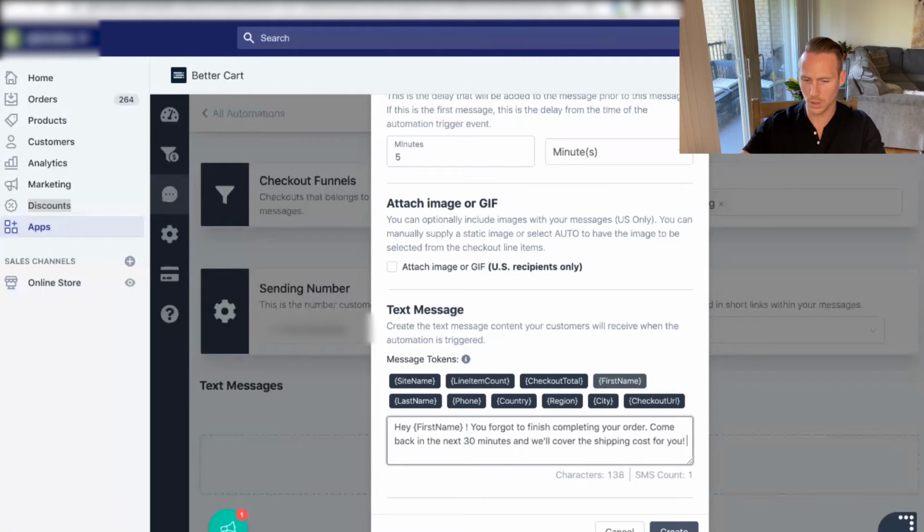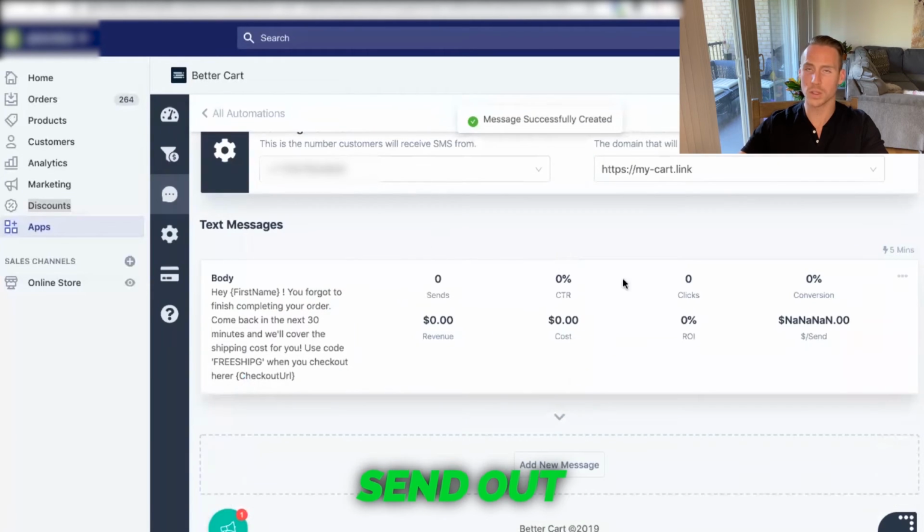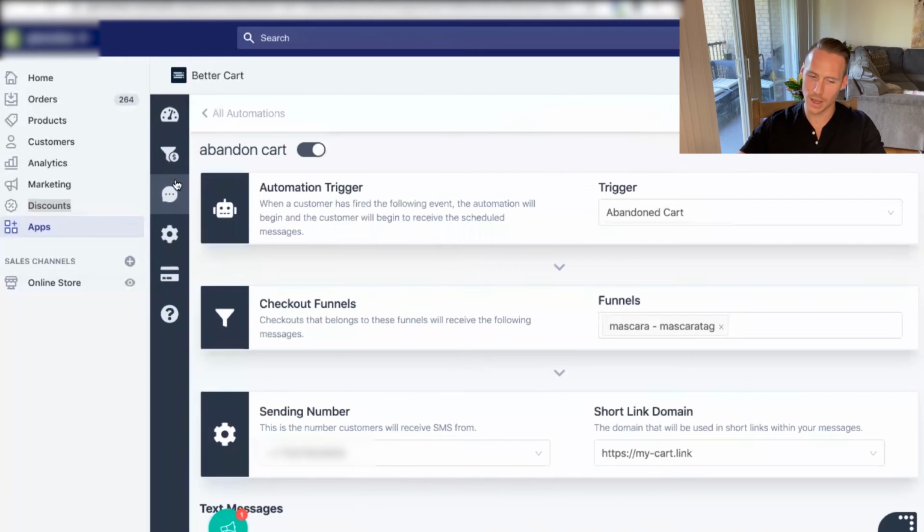Use code, paste the code, and then when you check out here, link, voila, there we go. So that will send out when someone leaves 5 minutes after, just like a lot of the other apps,